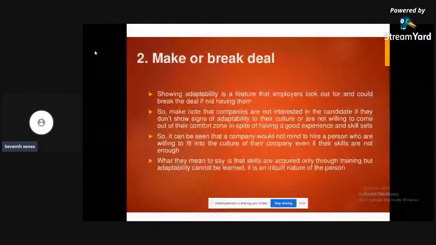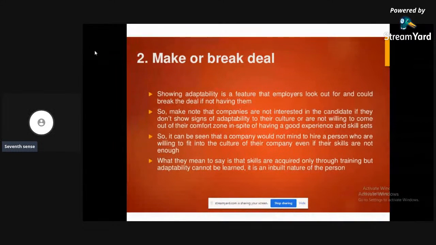It's a make or break deal. You go to an interview and the employer sees that you're a very adaptable person, although you have little skills, or slightly fewer skills than the post you are applying for.